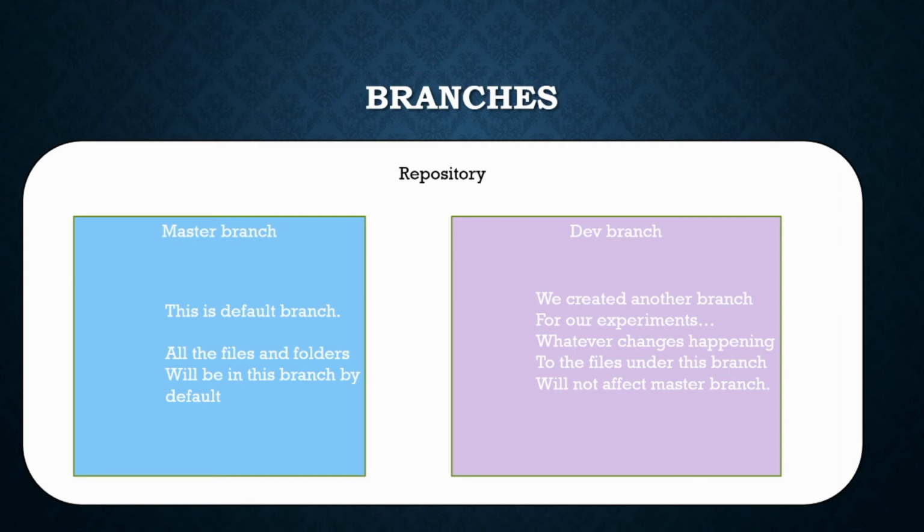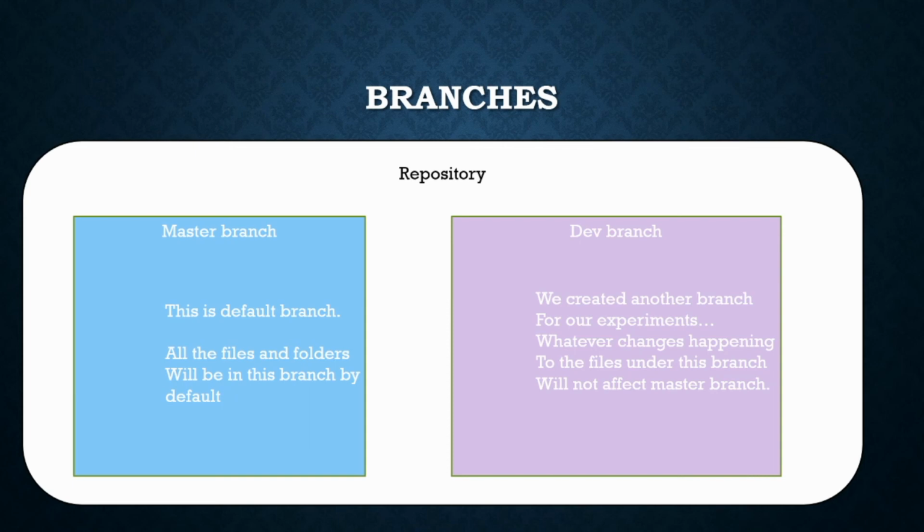So we can create a separate branch for our testing or experiment, and make all the changes to a file under that branch. And if we prove that our changes are correct, then we can merge that change from our dev branch to the master branch, or add whatever change we experimented with to our original files, which are under the master branch.